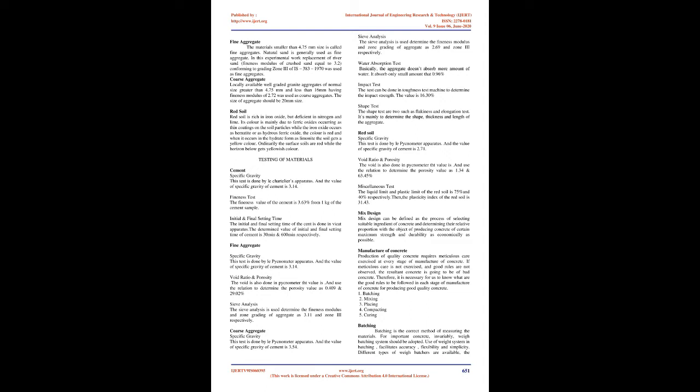Fine aggregate. Specific gravity. This test is done by the pycnometer apparatus, and the value of specific gravity is 3.14. Void ratio and porosity. The void ratio is also determined in the pycnometer. Using that value and the relation, the porosity value is determined as 0.409 and 29.02%. Sieve analysis. The sieve analysis is used to determine the fineness modulus and zone grading of the aggregate as 3.11